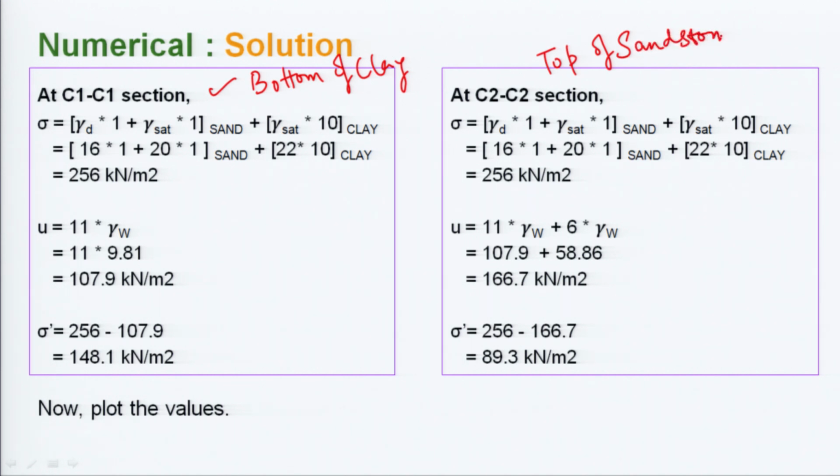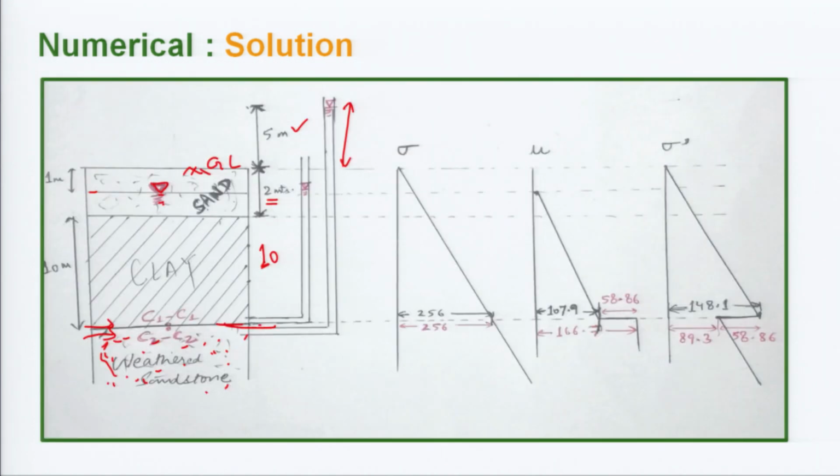So, understand, this sandstone layer is under some artesian pressure. So, if it is under artesian pressure, what are the changes that we will be seeing? That artesian pressure will be applying some pore water pressure. Now, see here, the total stress will be due to the sand layer and due to the clay layer. At the C1 section, it will be due to this clay layer and this sand layer. So, this gamma 1, gamma 2, gamma 3 are the different gamma values that we will be considering.